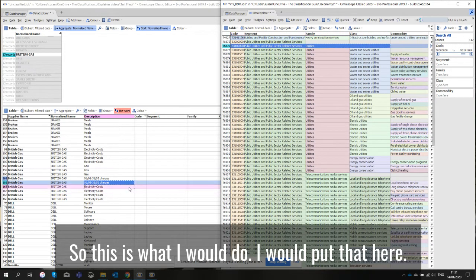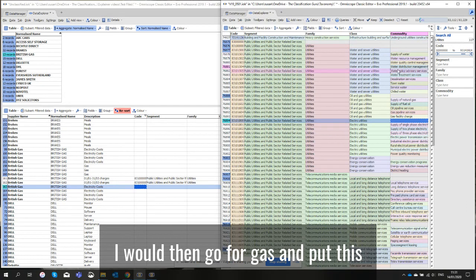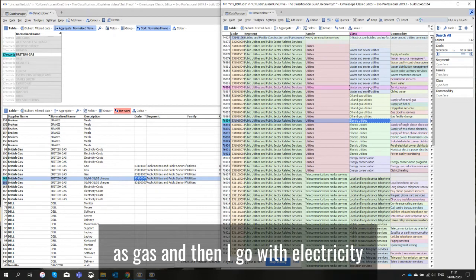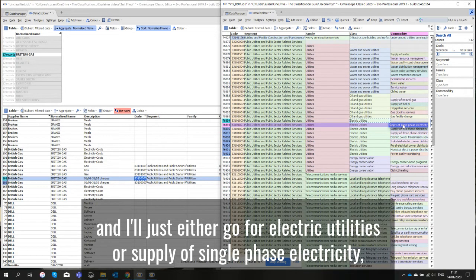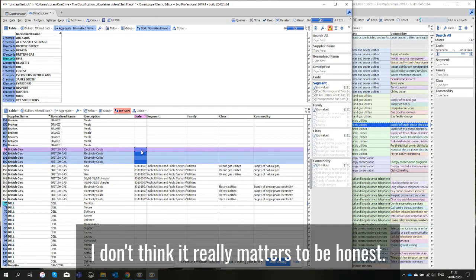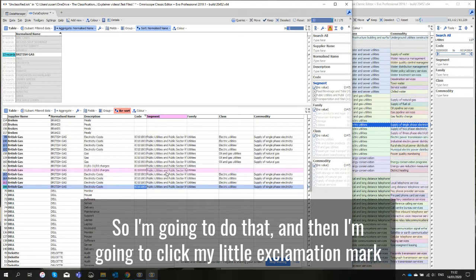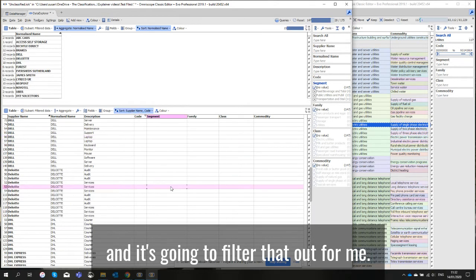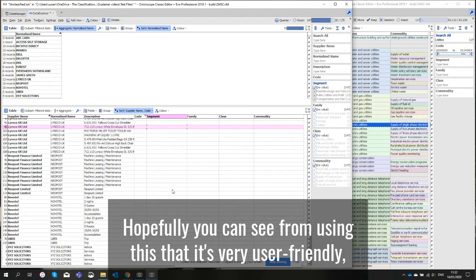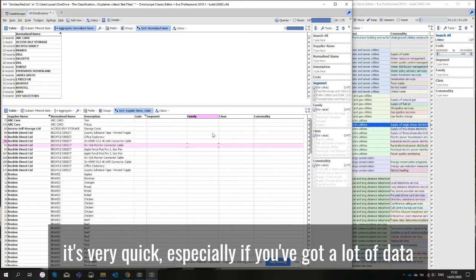So this is what I would do. I would put that here. I would then go for gas and put this as gas, and then I'd go with electricity. And I'll just either go for electric utilities or supply of single phase electricity. I don't think it really matters, to be honest, so I'm going to do that. And then I'm going to click my little exclamation mark, and it's going to filter that out for me. So that is how I would start classifying data. Hopefully you can see from using this that it's very user-friendly, it's very quick, especially if you've got a lot